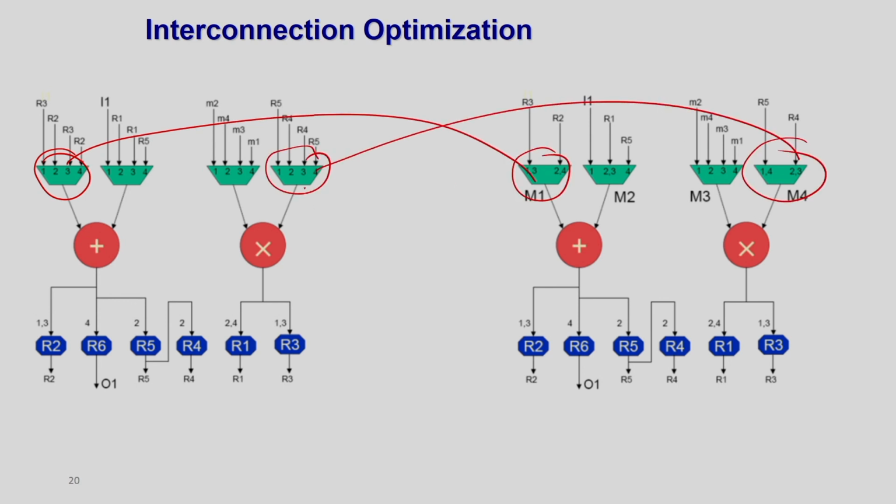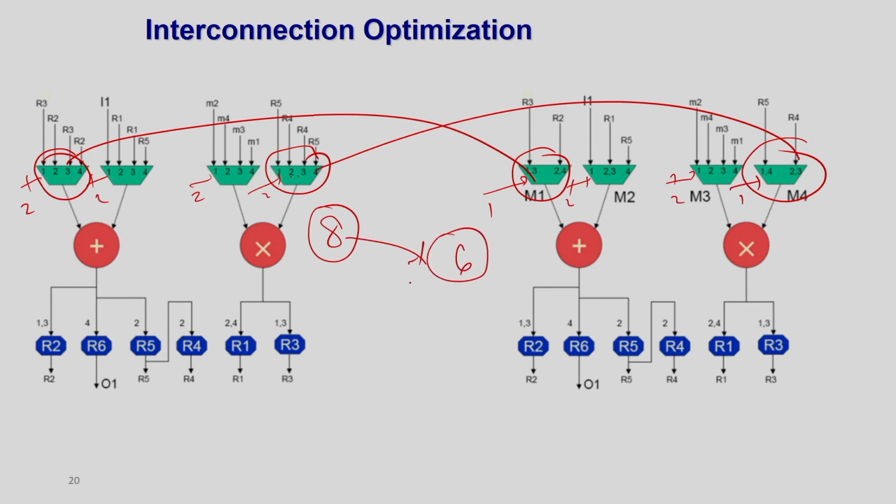So, identifying this conversion is a homework for you. As a result, you can see earlier you needed the control bits: 2 bits, 2 bits, 2 bits here, 2 bits here. So, total 8 bits. Here I need 1 bit, here still I need 2 bits, here I need 2 bits, 1 bit, right. So, I need 6 bits.